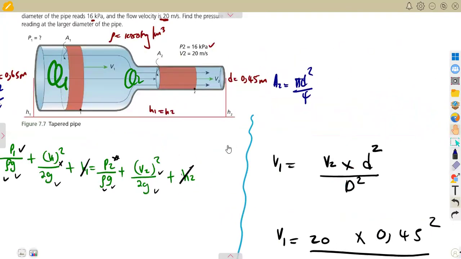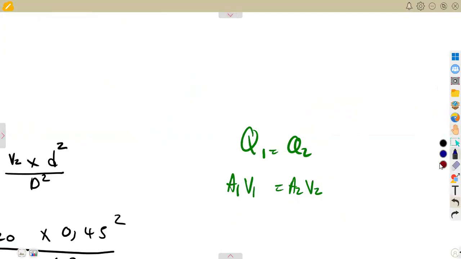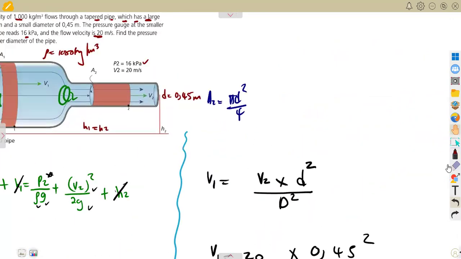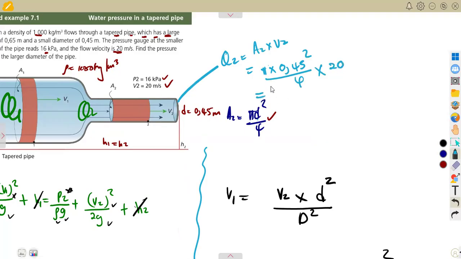So in this case, the question is, what about the flow rate? The flow rate, we're going to obtain it from area 2 times V2, because there we have got everything that is complete here. We have got area. We also have V2 in this case. So here we are going to calculate the flow rate at the exit Q2, which is area 2 times V2. Remember, area 2 is pi d squared over 4. That is pi, the diameter at the exit, 0.45 squared over 4 times V2, which is 20. So this is going to give us Q2, and that was going to be